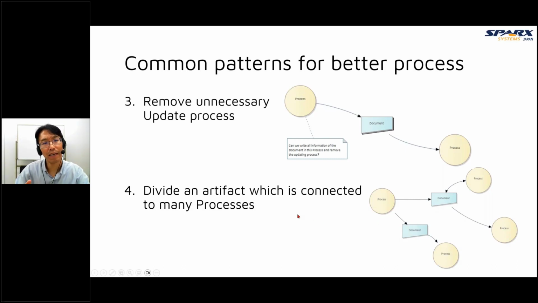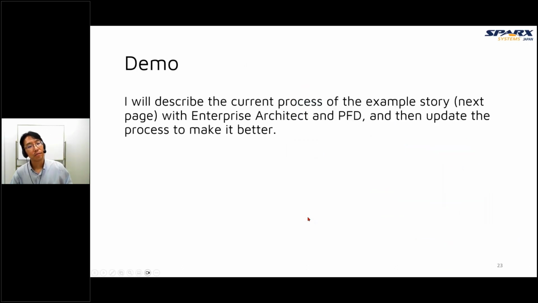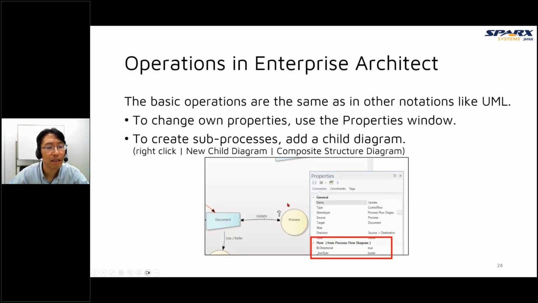So maybe there are more patterns to be a better process, but these four are very common patterns. Now, I will show you how to create the process flow diagram in Enterprise Architect. Today, there is an example story about a demo, but operations in Enterprise Architect are very simple.